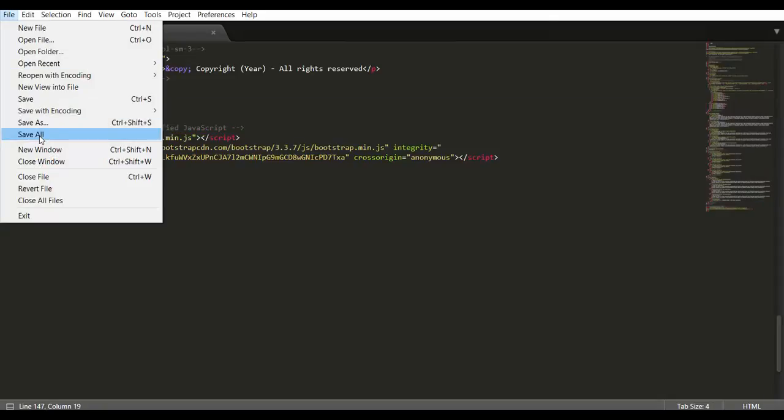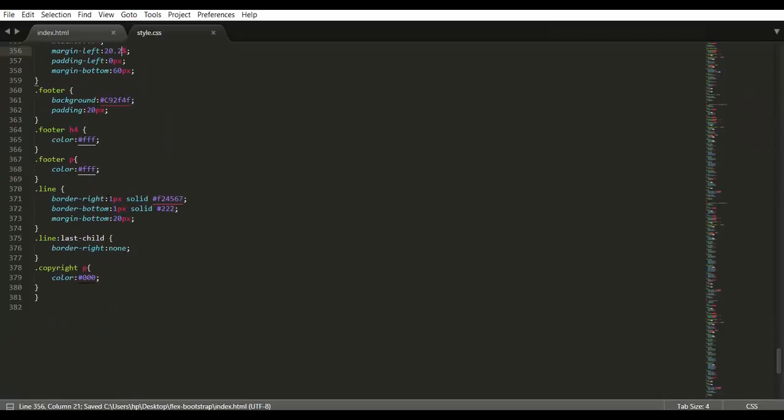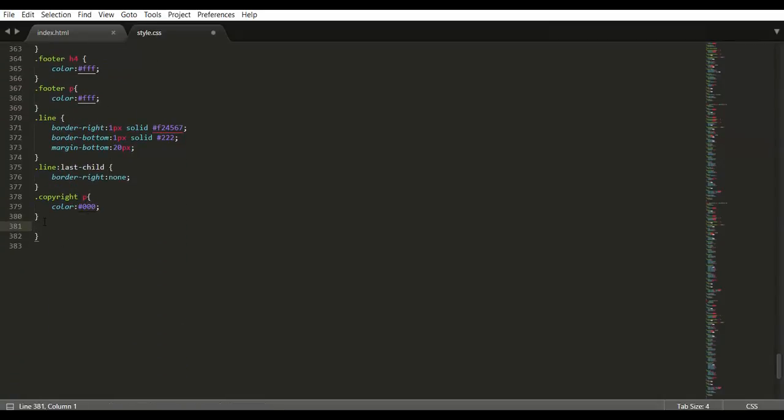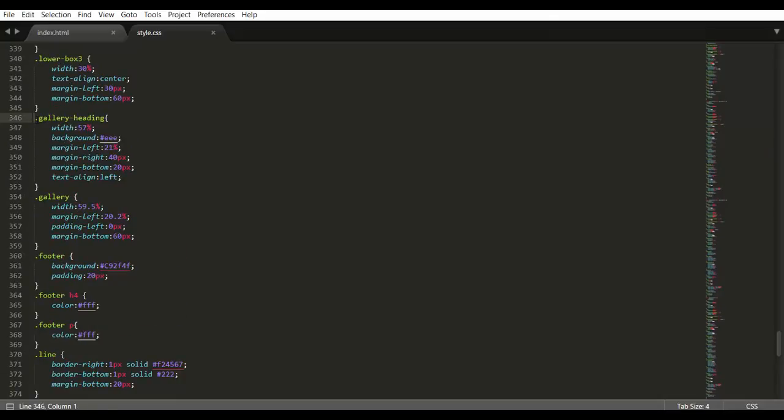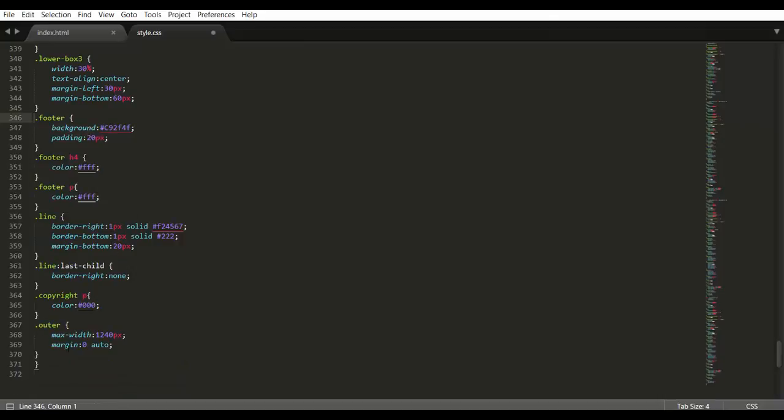Now if you save this and then come to the style sheet and define that class outer in 1281 pixels, and here we will define first a max-width of say 1240 pixels. Let's keep it standard, and then to balance the page to the center, let's say margin 0 on top and bottom and auto on the left and right. When you define that outer, let's remove the percentages that we have defined above. You remove this and then keep the outer column, save it again, and now if you refresh,